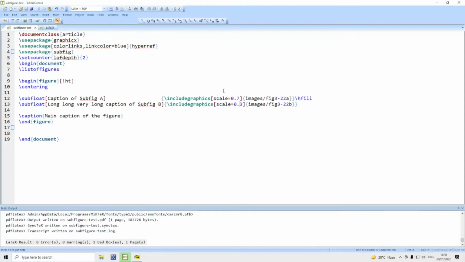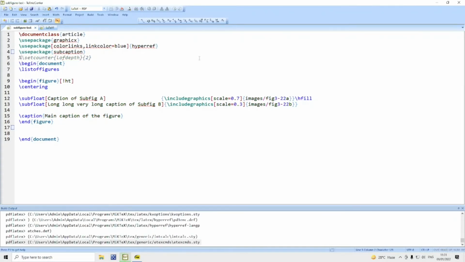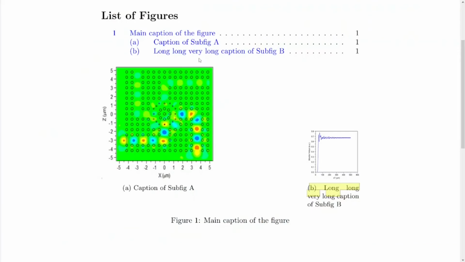In that case, we have to go for another package called subcaption. With the subcaption package, \setcounter{lofdepth} is not available. I comment it out. Then I compile. You will find we are able to get the subfigures as before.